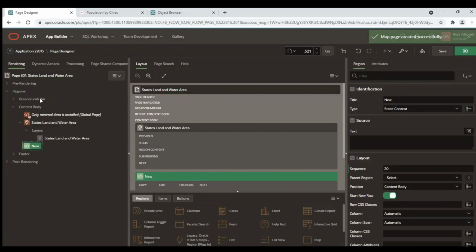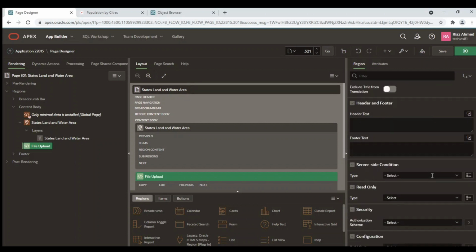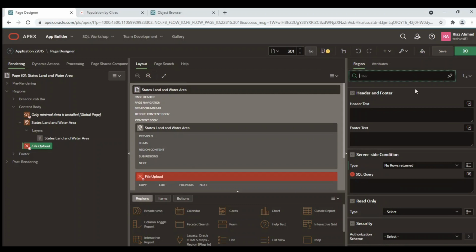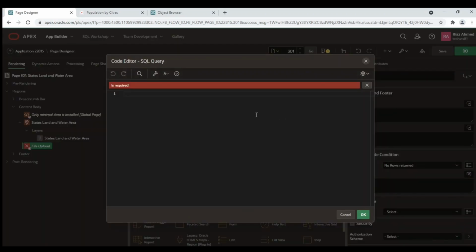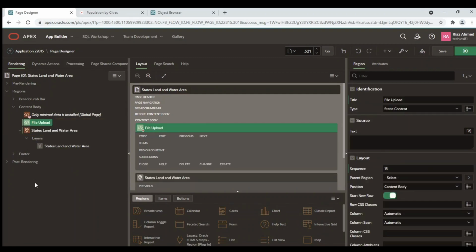Create a new region. You will use this region to upload data for this map from the JSON file. Set a server-side condition for this region that will hide it once the data has been uploaded. Place this region before the existing region.